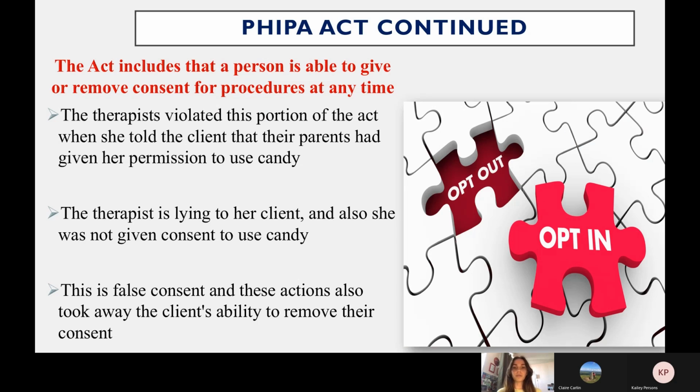Furthermore, when the therapist told the client that their parents have given her permission to use candy, the therapist is giving false consent, lying to her client, and these actions strictly go against this act. These actions by the therapist also took away the client's ability to remove their consent, as they felt bound to what they believed that their parents have said. Now Kailey is going to talk briefly about one other act we felt